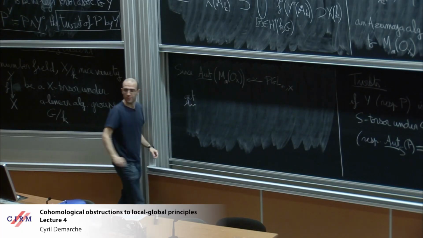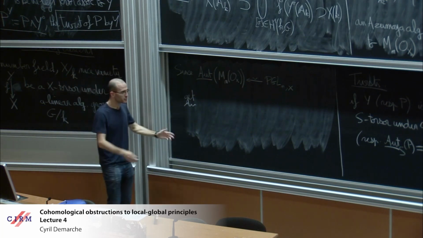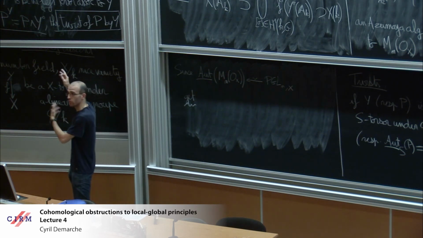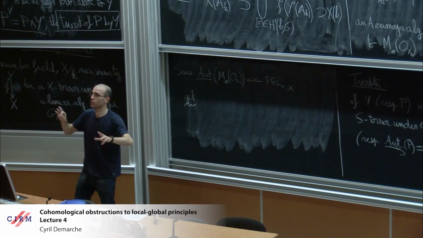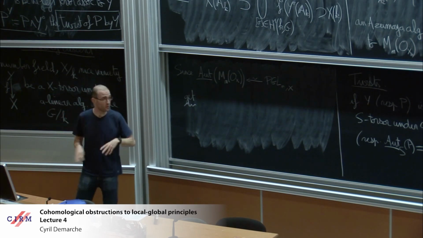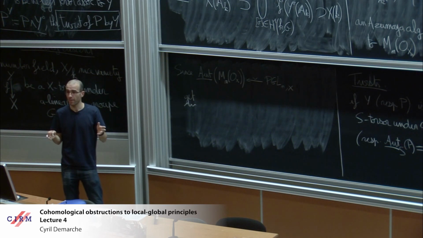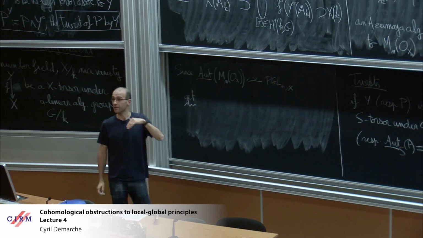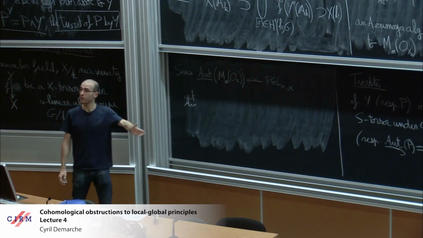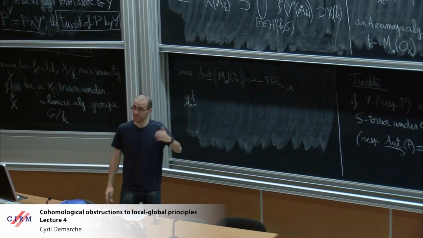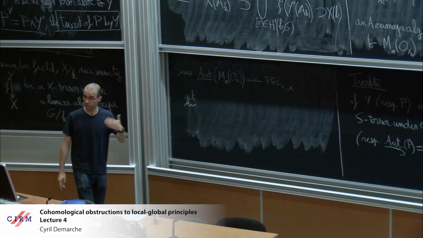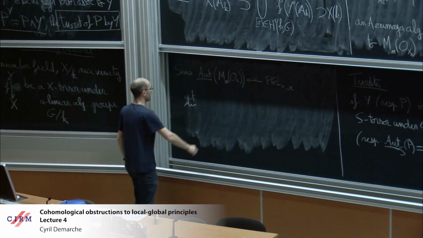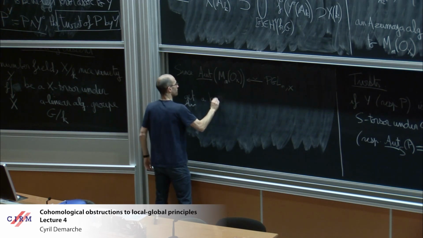So this is, I'm going too quickly, but you have to explain how to twist an Azumaya algebra by a PGLN torsor. I explained how to twist torsors. I said in a remark there that you could twist other things. So for instance, you can twist a vector bundle by a torsor under its automorphism group and so on. You can twist a trivial line bundle by a GM torsor and so on. So you can twist a lot of things, and you get a bijection